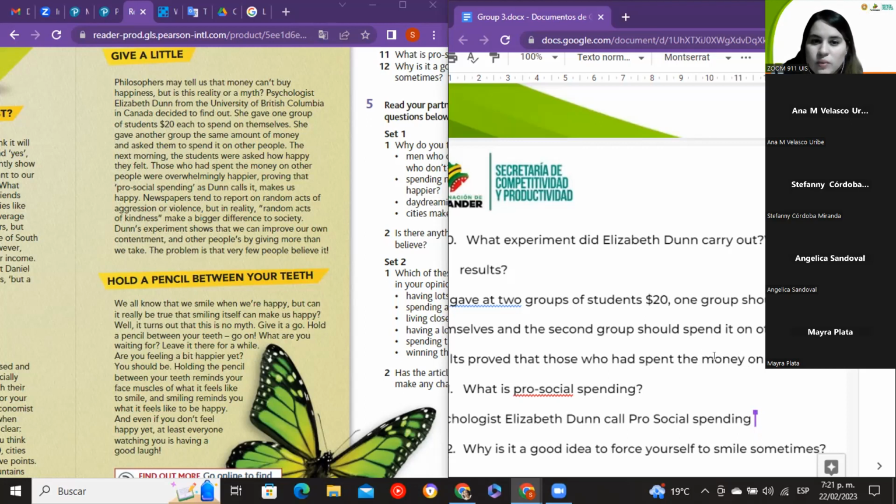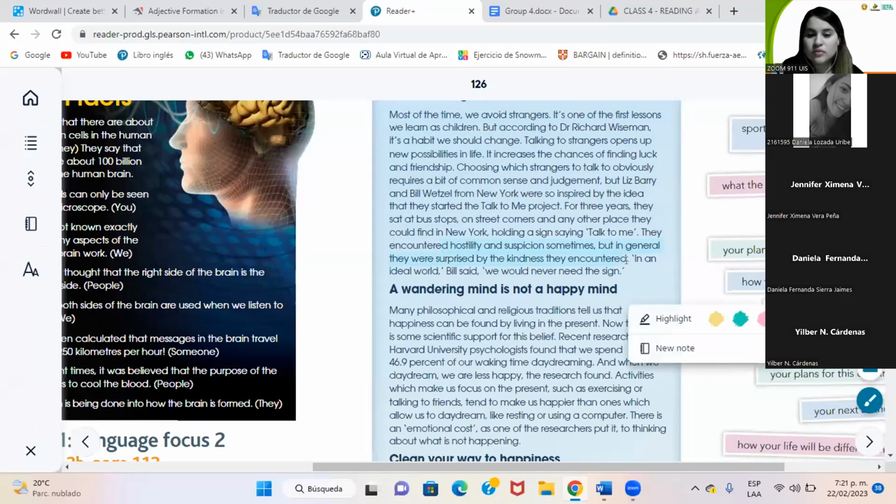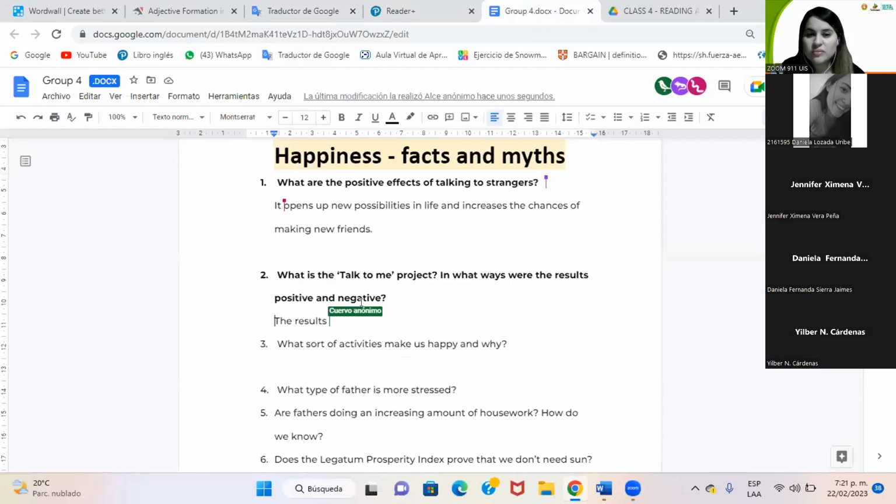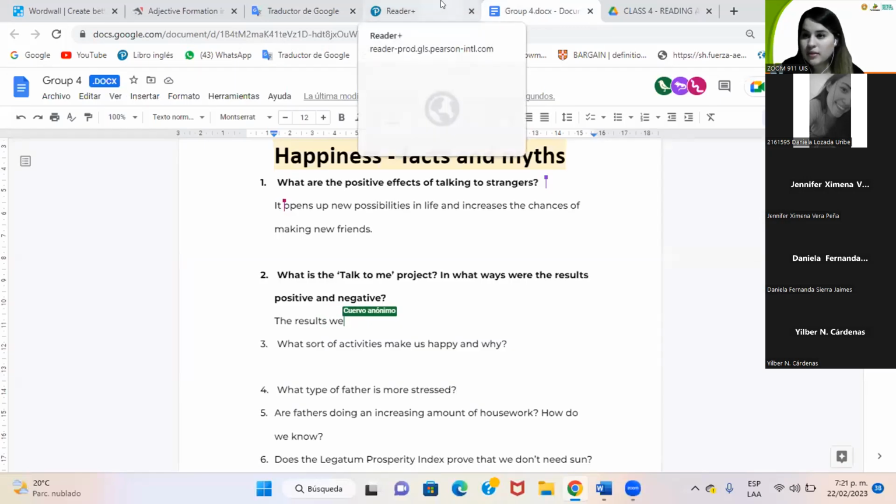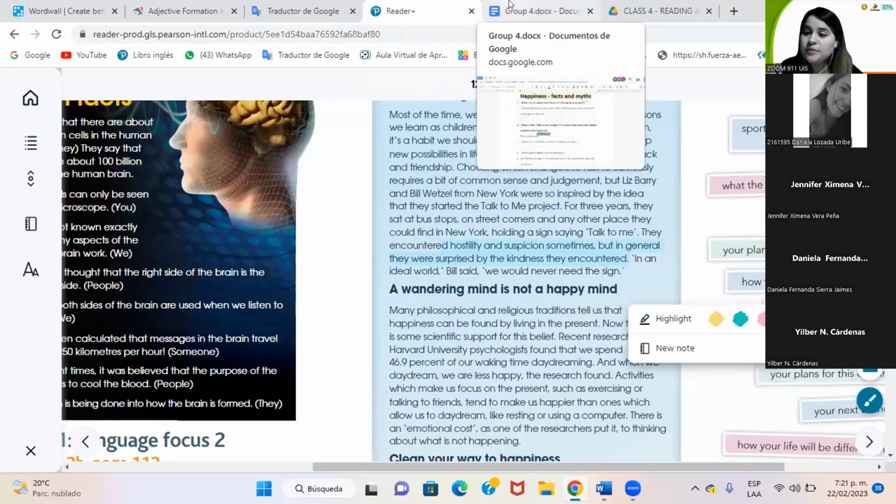I think I already. Kindness, they encourage. Yes. We can say, it depends on the people they find out. Depends, find out, exactly. Because in some cases, they found hostility and suspicions, but in